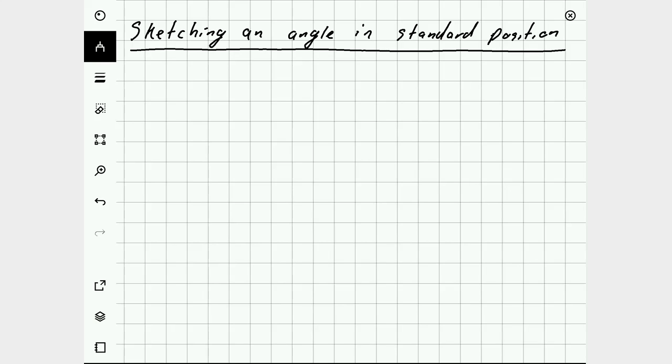Sketching an angle in standard position. In order to work a little bit more carefully with angles, our next goal is to introduce a way of dealing with angles inside of the standard coordinate plane. So let's sketch out some coordinate axes, put our x and y-axis in, and the general rule for an angle on the coordinate plane is that angles are measured